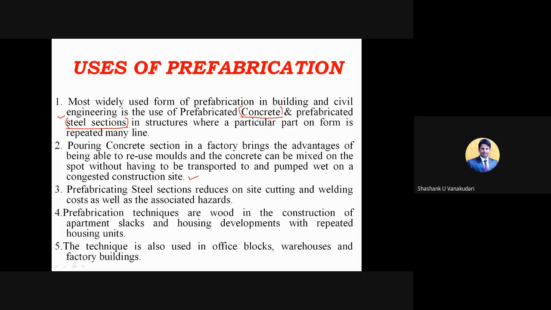But at the construction site, with respect to the conventional method, you will bring all the materials, you will store them, and you will mix them without following much with respect to quality aspects. And then again you require certain equipment to pump it from the bottom floors to the required height of floors. So we need to maintain clear quality of the materials, or the concrete.